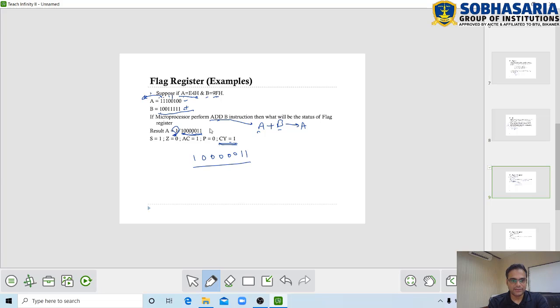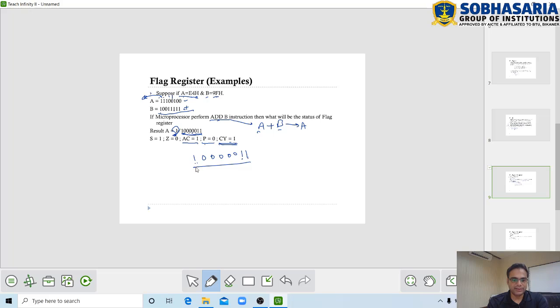Here you can see the parity: we need to count the number of ones, which is 1, 2 and 3, an odd number. So when there is an odd number of ones, the parity flag becomes 0. And if you observe, there is a carry generated from the D3 bit to the D4 bit. So this is called auxiliary carry. So auxiliary carry will also be 1 in this case.